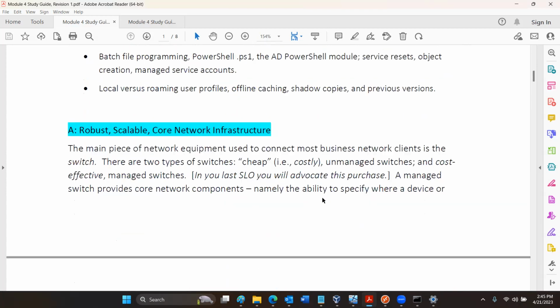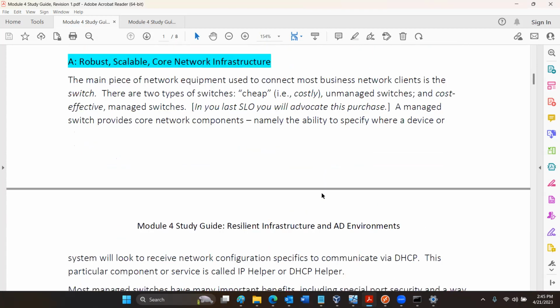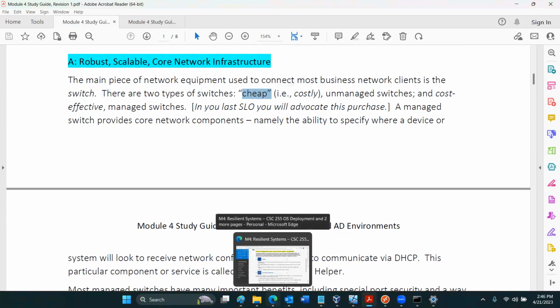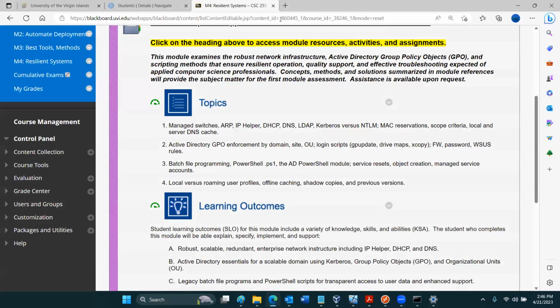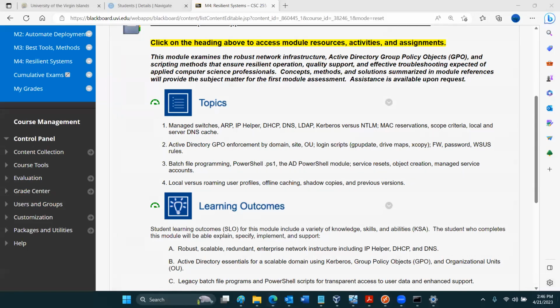So one of the things that really creates havoc is that people go out and they buy cheap network switches, right? So if you go to, let's just go to Office. Is it Office Max or Office Depot on the island?